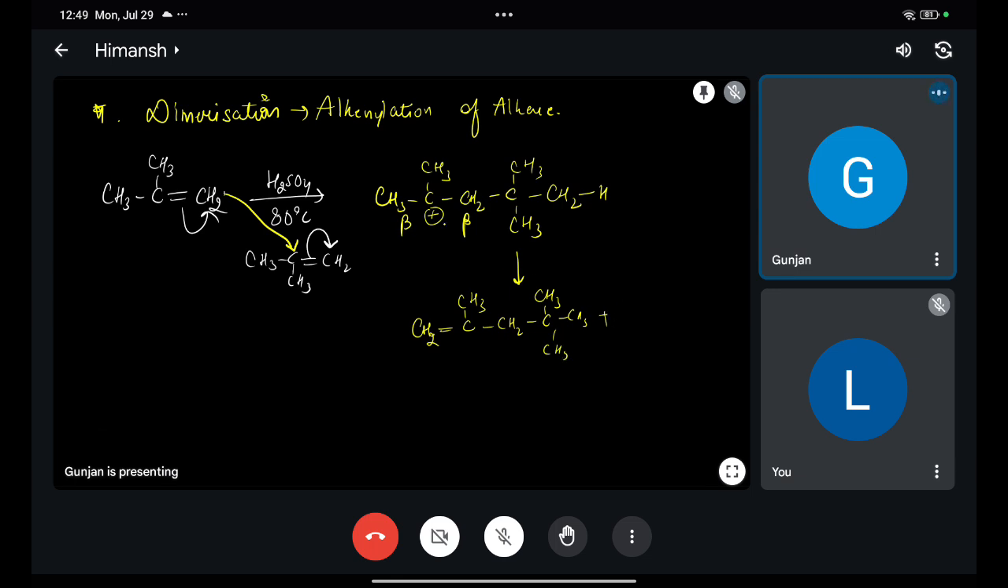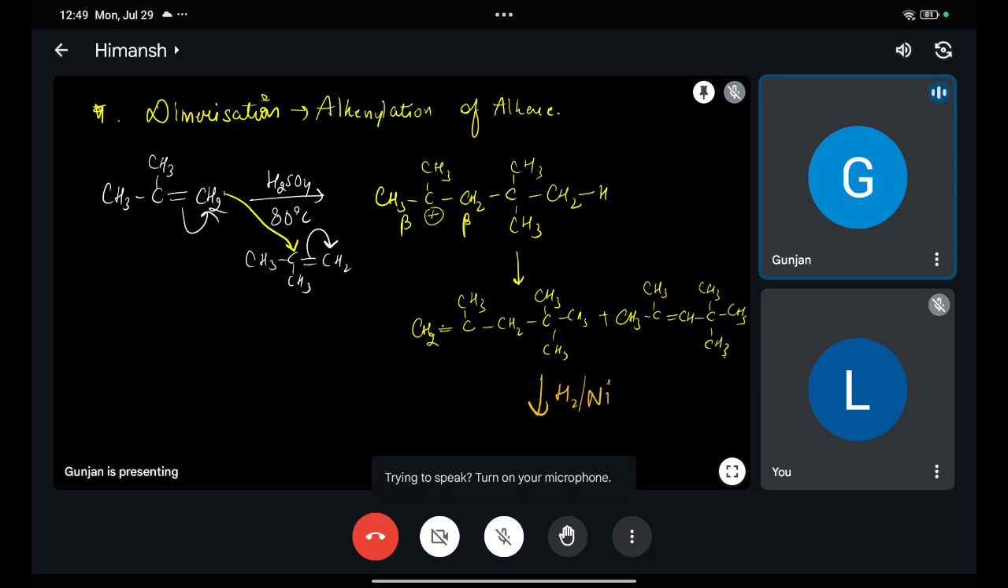Or it can form CH3, double bond, CH2, CH, C, and a 3-methyl group. Is it clear to you or no? Yes, ma'am, clear, ma'am. And if to these we are adding H2 and nickel, H2 is adding to the double bond and making it as